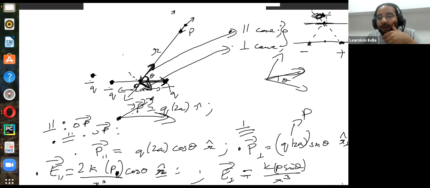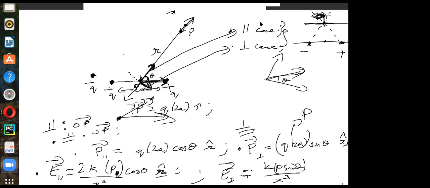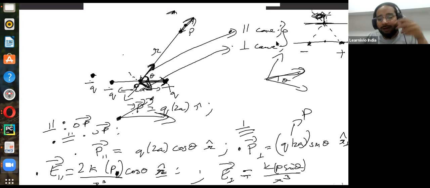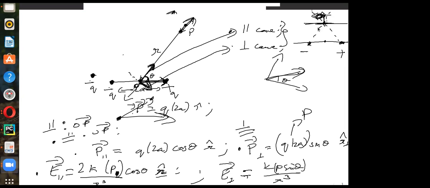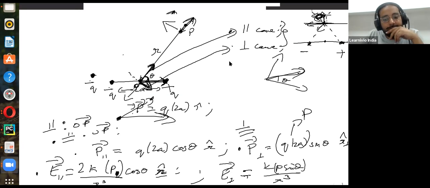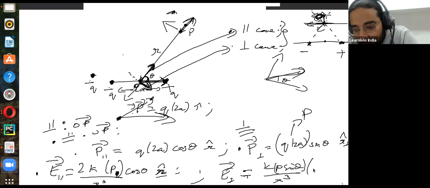This electric field will cancel out. It will be in the outward direction, correct? It will be in the positive outward direction only. So if they both are positive, then... But if we have positive charges, the dipole has negative one. Yes, yes. So this will actually be in this direction. Yes. Lovely. So this will be in the minus r perpendicular direction.